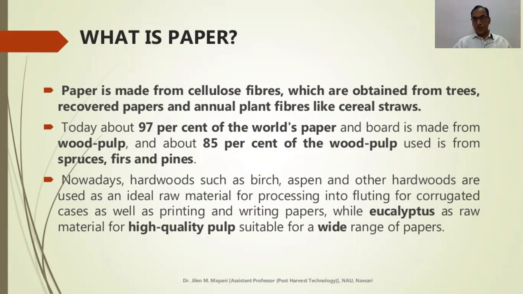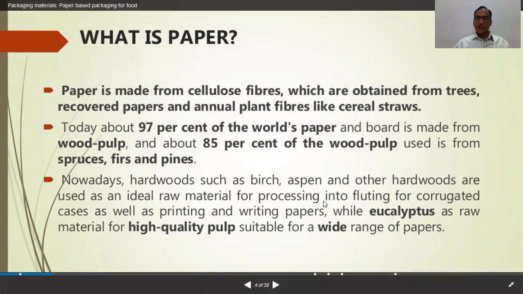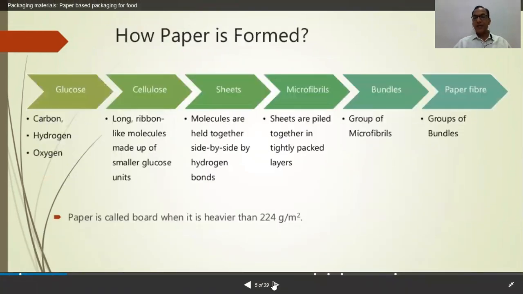For packaging material, a lot of paper packaging materials are used. For example, parchment paper, butter paper, glossy paper, thin cardboard liner, thick corrugated fiberboard boxes, kraft paper. Many types of paper I told you about yesterday in my previous session. They all are made from this paper. And now the question comes: how is this paper made, how is the paper formed?